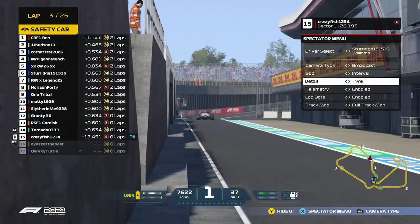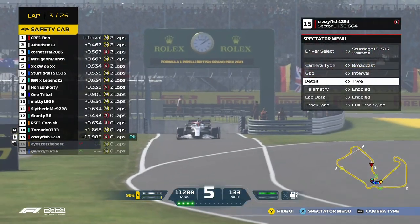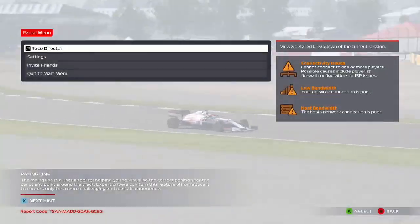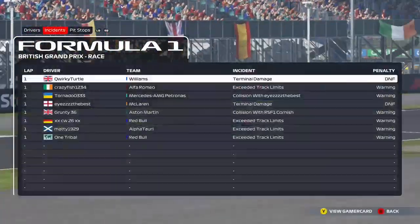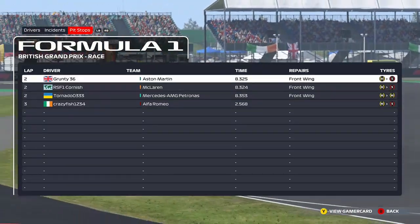Meantime, Crazy Fish pits again onto a pair of soft tyres, so might have been, is that wing damage? Let's have a look at this. Stops for Crazy Fish. No front wings, so